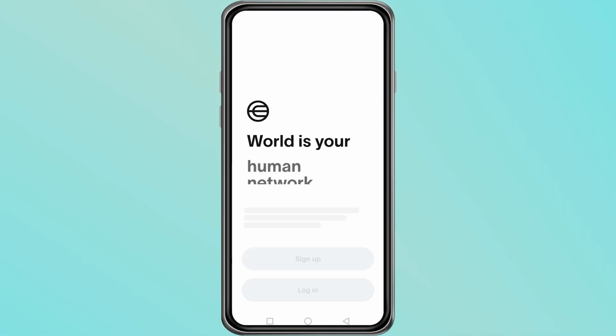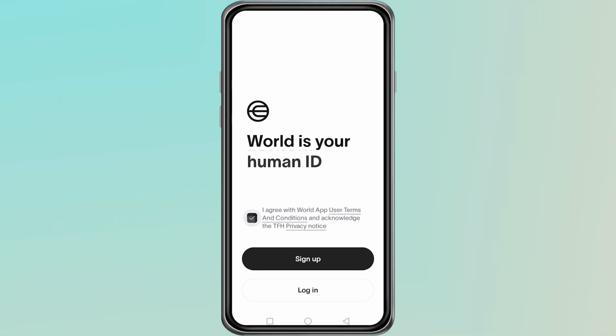First, if you had backup enabled, your account should appear at the bottom of the login screen. Check carefully because in most cases, if the backup is active, you can directly restore your account from there without